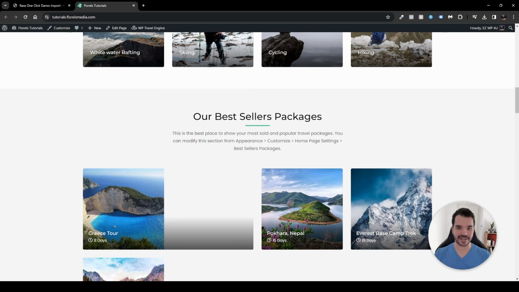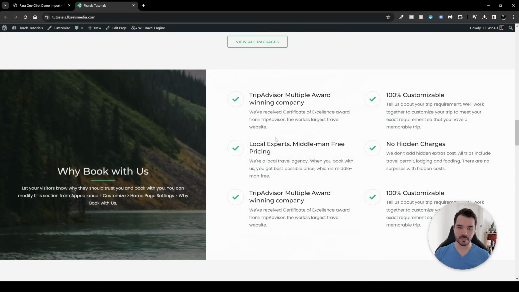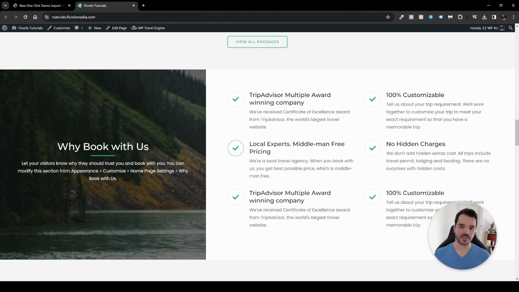Now, if we scroll a little bit more to the bottom here, we have why book with us. So this is the place where you want to just show your customers why they would need to prefer you over, for example, your competitors or any other agency. So here is the place where you can elaborate and tell a little bit more of yourself, what you give more, or what is your best highlights